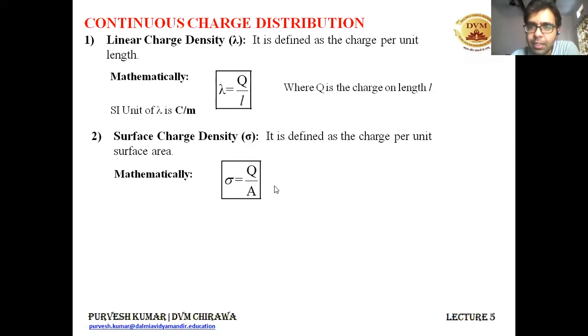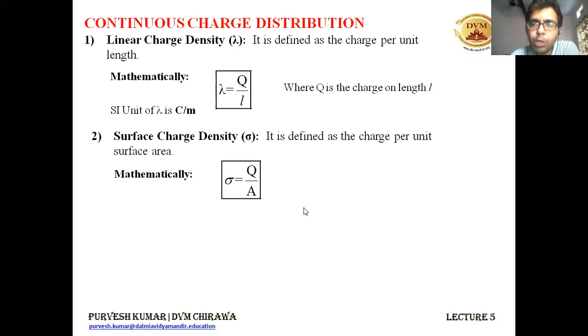Earlier we were dealing with discrete charges only, but now a large amount of charge is present on some object, then the manner in which the charge is distributed is defined by the continuous charge distribution patterns, and we have three quantities to define these things. One is the linear charge density, that is lambda, charge present per unit length. The other one is the surface charge density, that is the charge present per unit area. And the last one